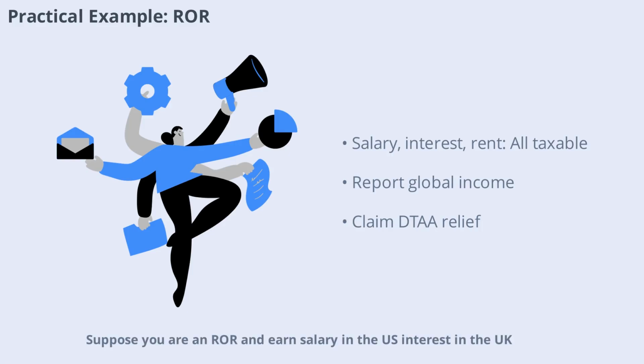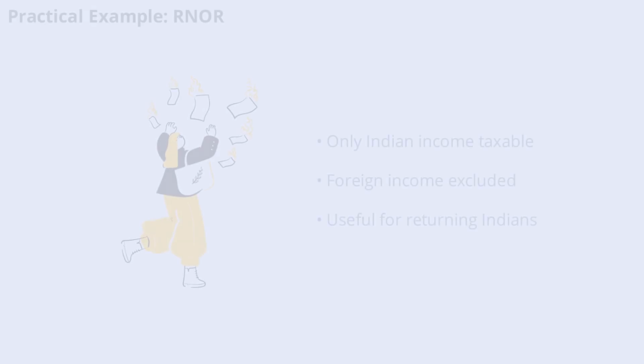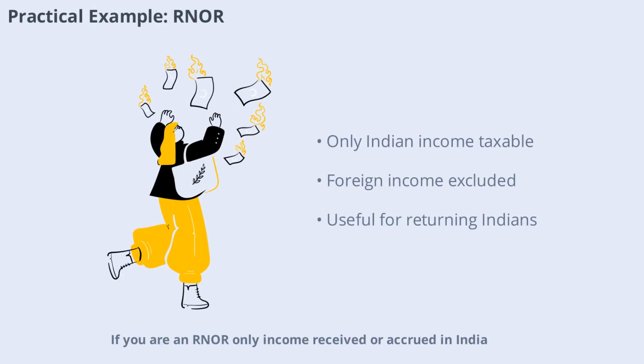Suppose you are an ROR and earn salary in the US, interest in the UK, and rent in India. All these incomes are taxable in India. You must report your global income in your Indian tax return and may claim relief for taxes paid abroad under DTAA. If you are an RNOR, only income received or accrued in India or income from a business controlled from